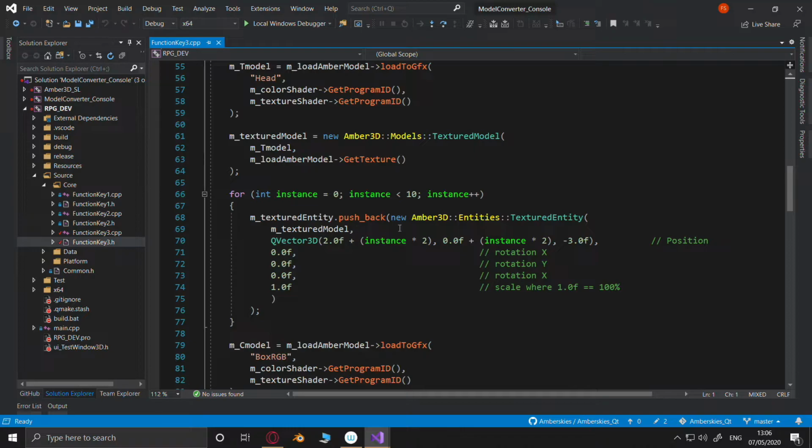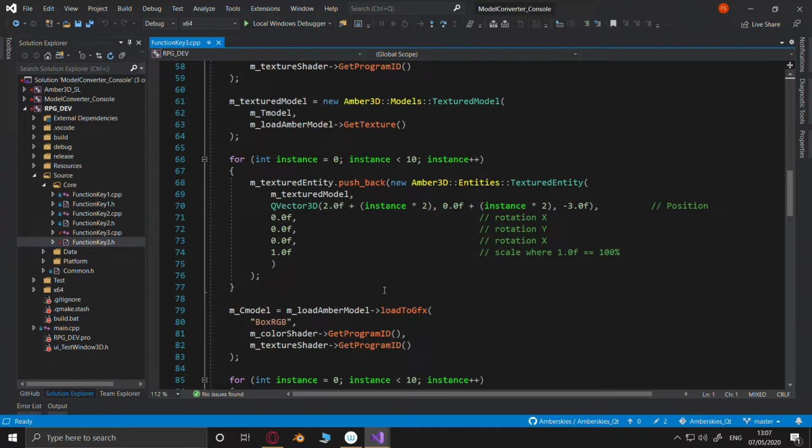Then we can push back, in this case, 10 entities, 0 to 9 inclusive. So that is 10 entities, and we just use the instancing to put them in different positions so we can see them as separate models.